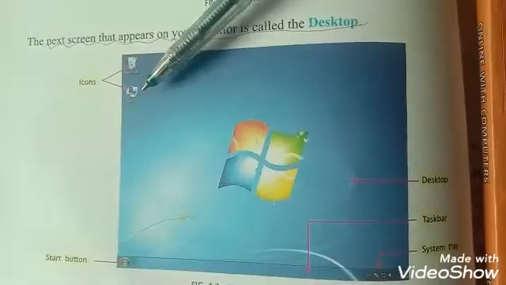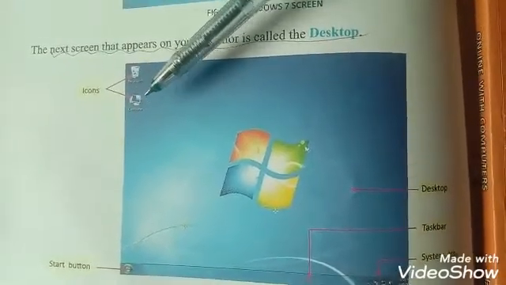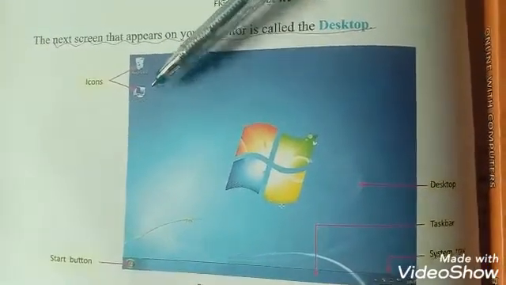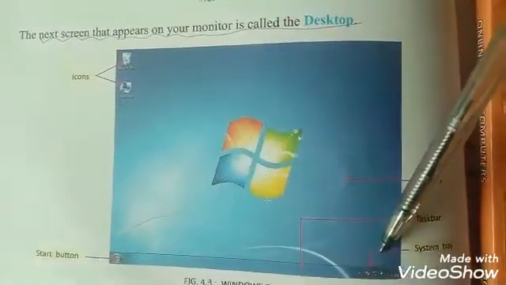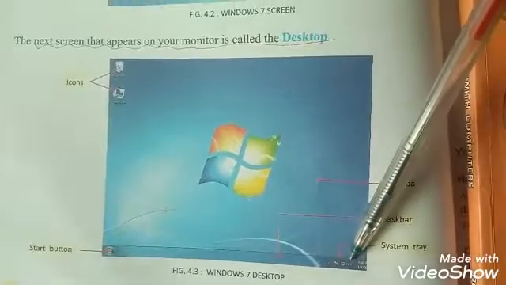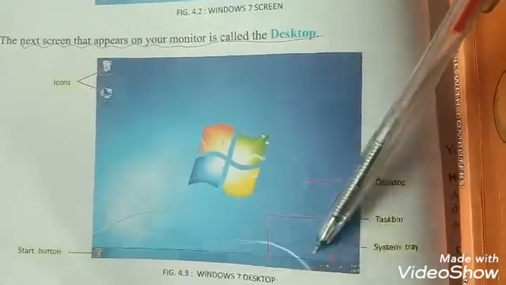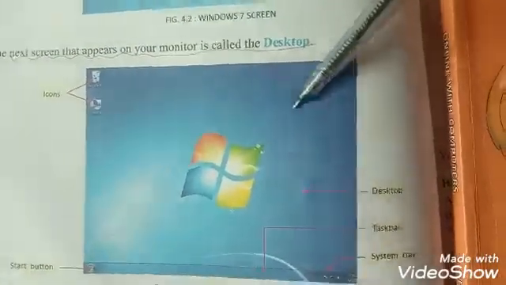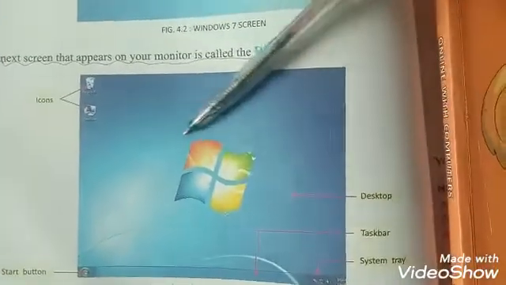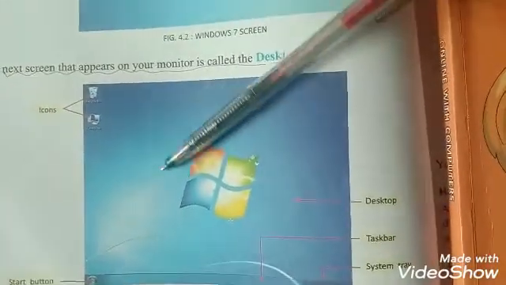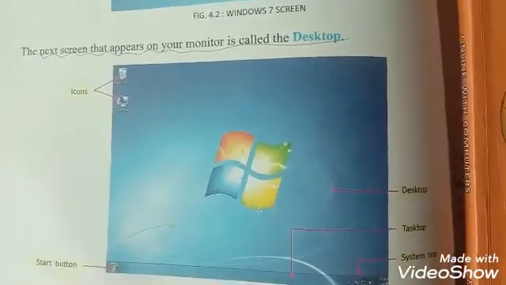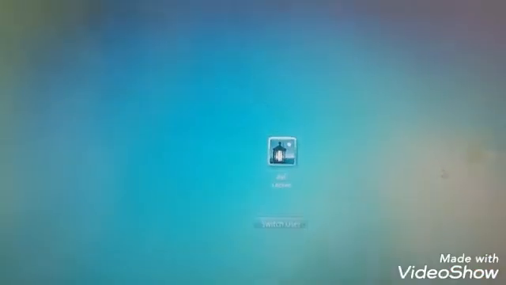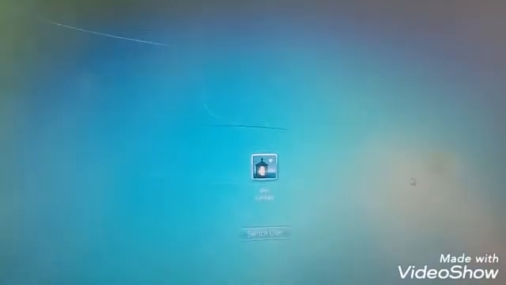Desktop contains different pictures known as icons, start button, system tray, taskbar, and this screen is known as desktop screen or desktop. This is the version which appears when we open a computer or laptop.